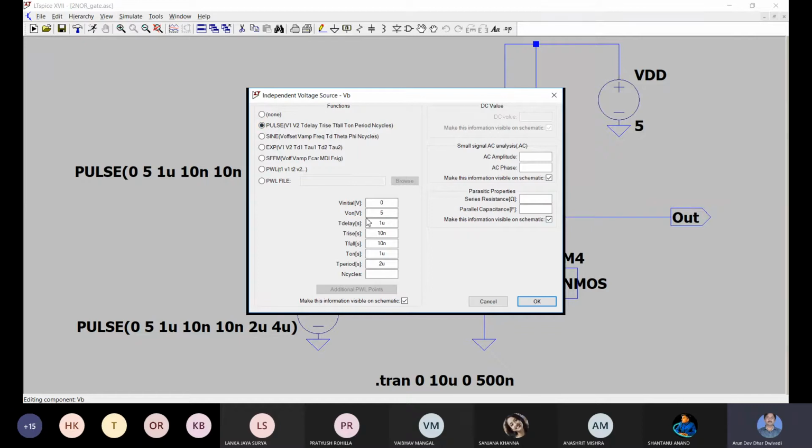It is asking for parameters like the initial value: when the pulse is low, the amplitude is 0 volt.